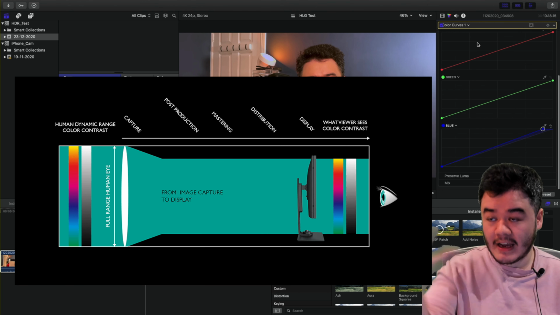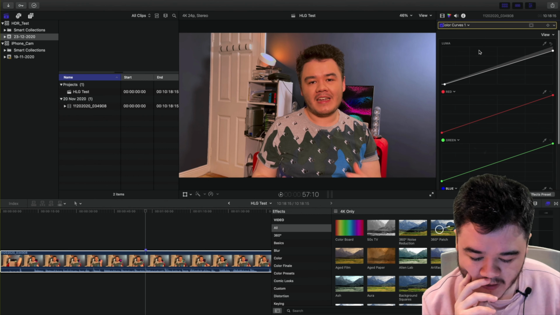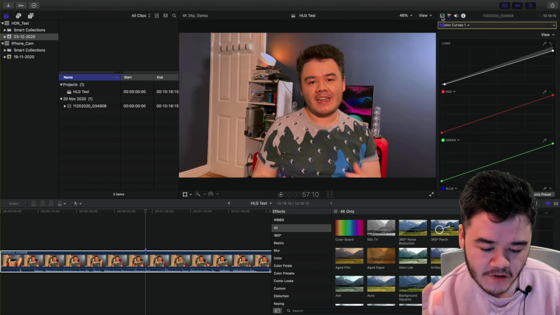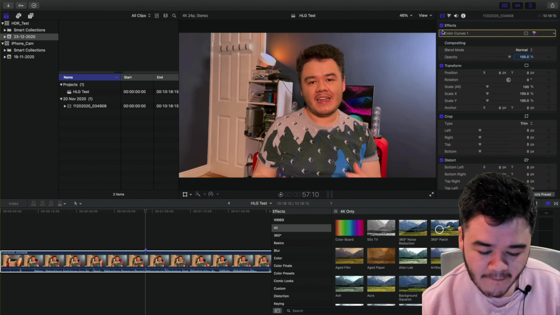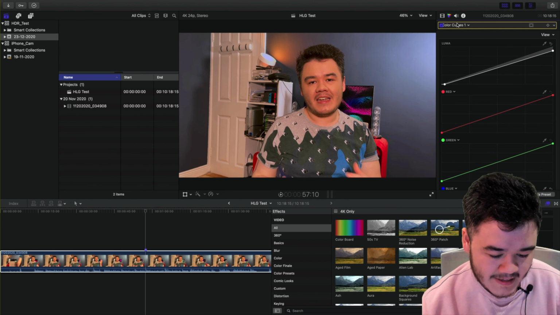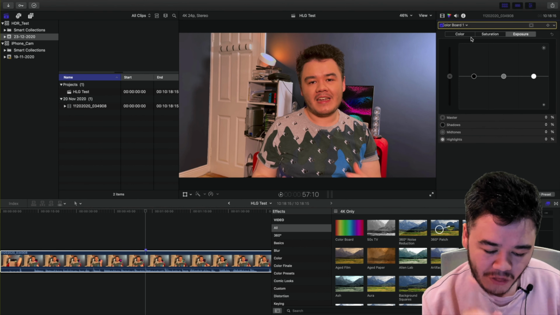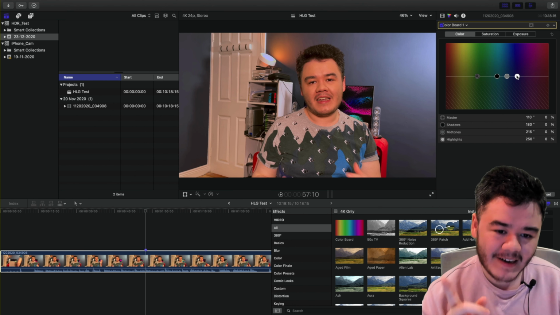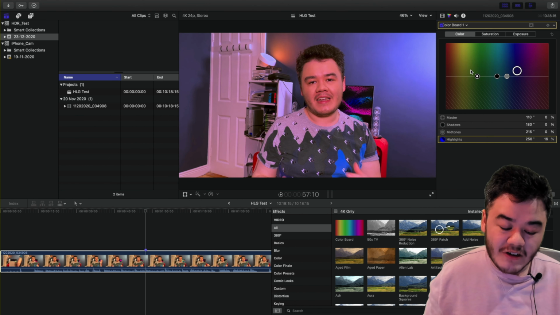It is just capturing more colors by default. So as you can see, it's instantly much better than where we started. And then from here on out, just color grade it as you would normally color grade. One thing to note for a lot of you, compared to Rec 709, you want to be really gentle with